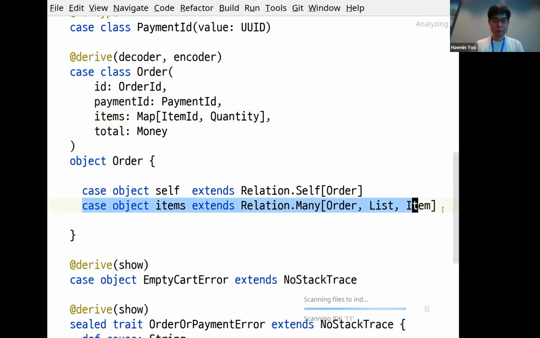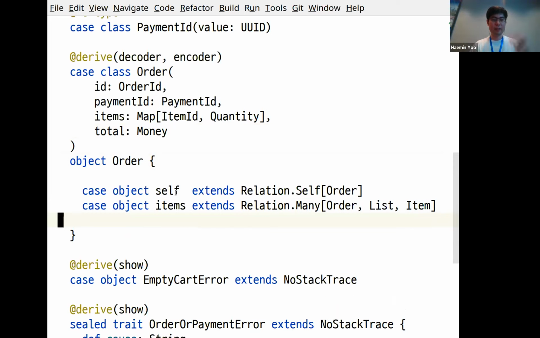And this one line actually is an arrow from an order to item. So conceptually, if you have an order, you must have a list of items, because that is just how it is. An order is tied to many items. So if you have an order, you must have multiple items. So you only add this line. And then you need to provide